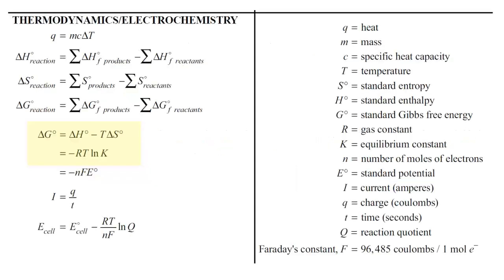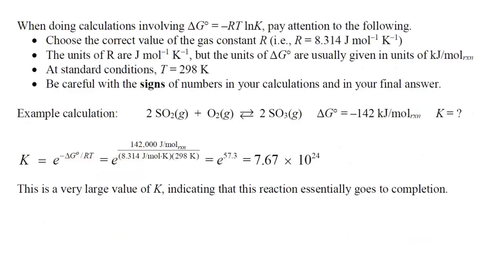So again, here on the AP Chemistry equations and constant sheet, you can see that directly below the Gibbs free energy equation that says delta G equals delta H minus T delta S, directly underneath that equation, you can see that delta G is equal to negative R times T times the natural log of the equilibrium constant K. Now, when doing calculations involving this equation, delta G equals negative RT natural log of K, I'd like you to